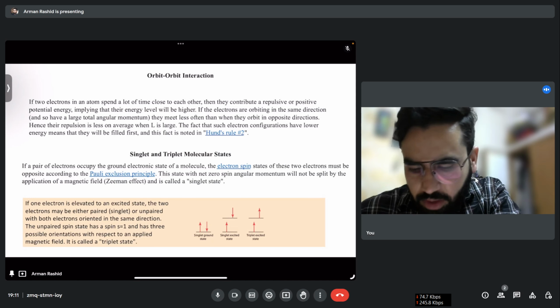Okay, and the wave function which describes their part must be antisymmetric with respect to exchange of electrons. It gives Pauli's exclusion. The wave function can be construed to be a product of space and spin wave functions. A common strategy that we are using is that if you have a